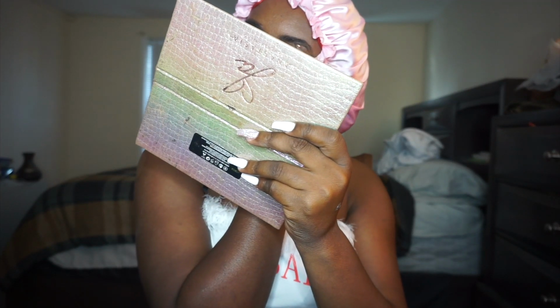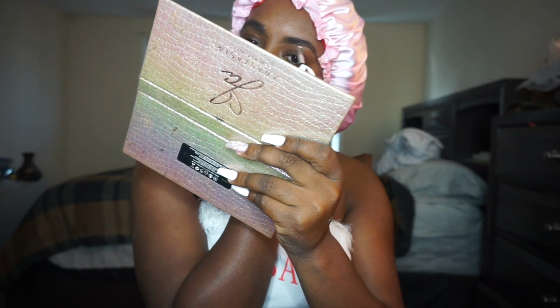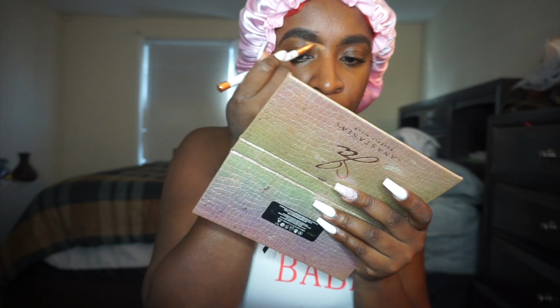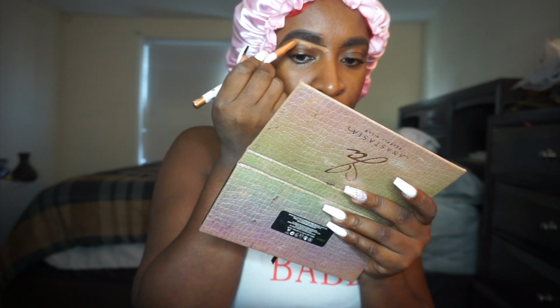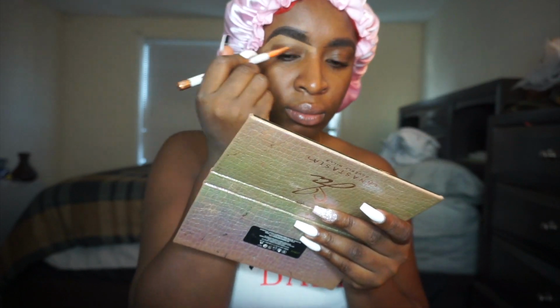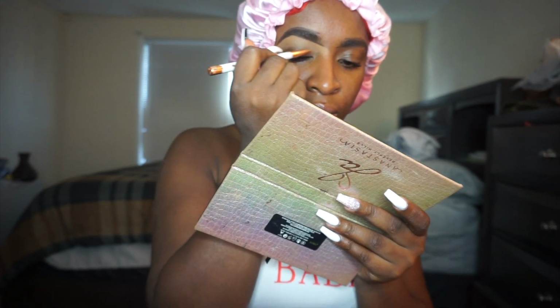So next we have to go in and clean up the eyebrow. With that, I'm using my Born This Way concealer. I love the concealer so much. I use it to clean my eyebrows, to highlight, all that fun stuff. So definitely if you haven't gotten into the Born This Way collection, not only because it's from Jackie, and she helped them out and expand the collection, I think that it's actually a really great product